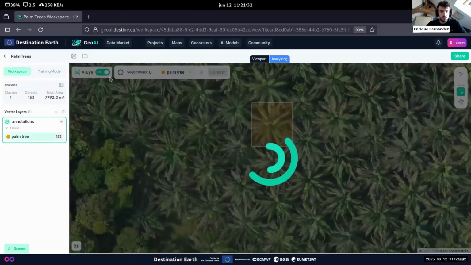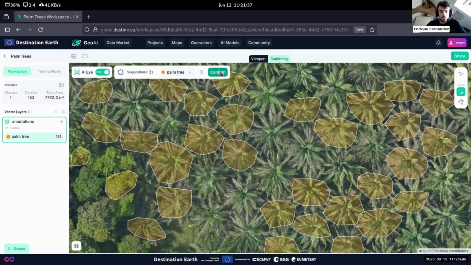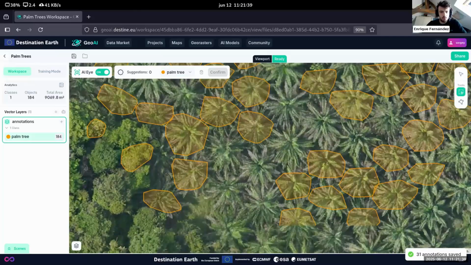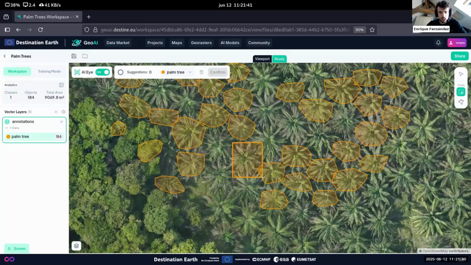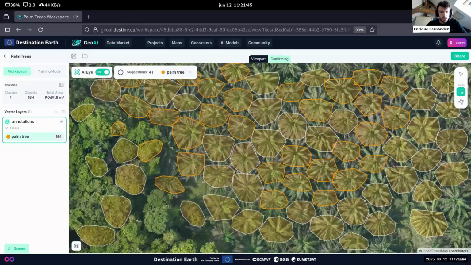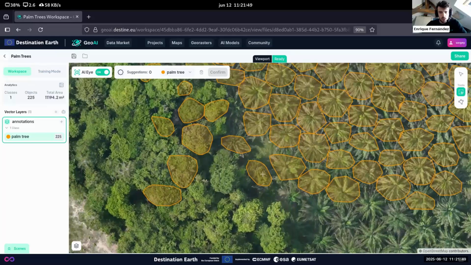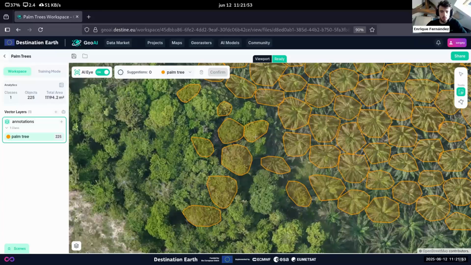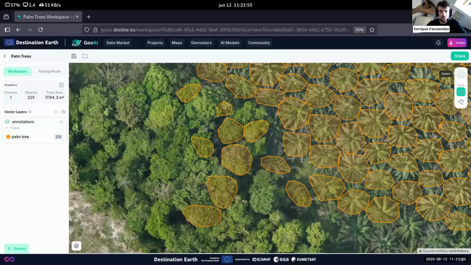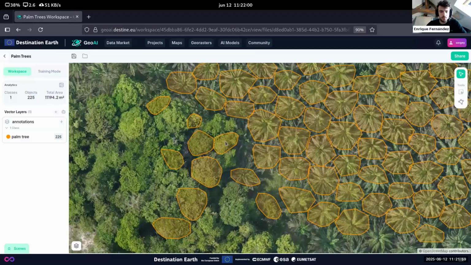Let's do that with the AI. It missed a couple and it has a couple of false positives, but we can fix that quickly. Let's just keep iterating until we have this region more or less labeled. And yeah, so this one's not, see, the Copilot thought that these were palm trees, but we actually don't want to find these. So what I'm going to do is delete these.